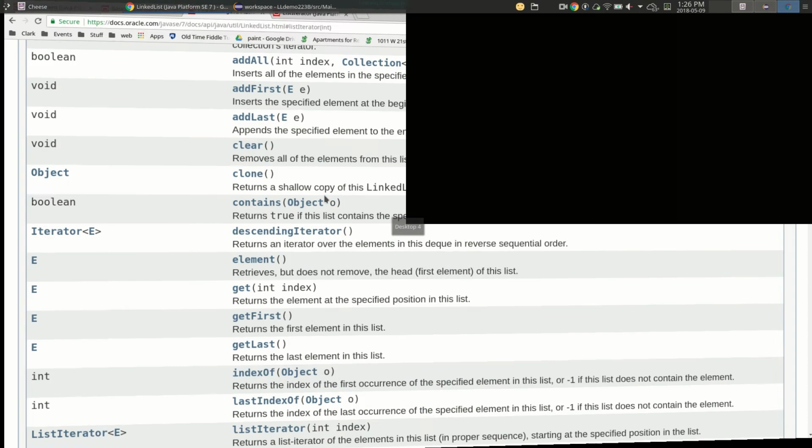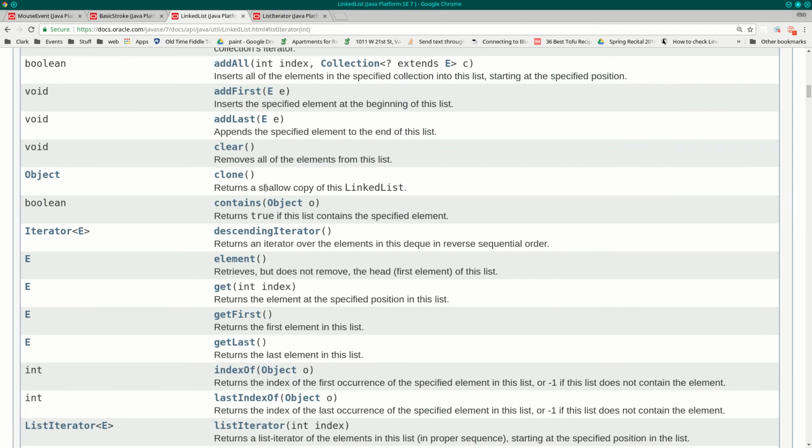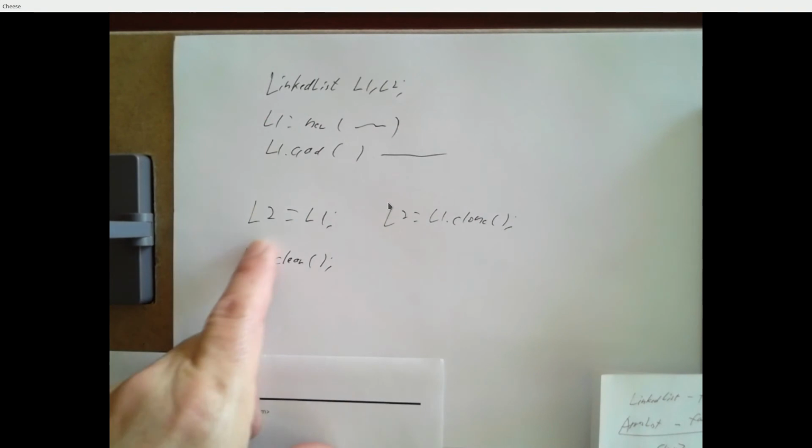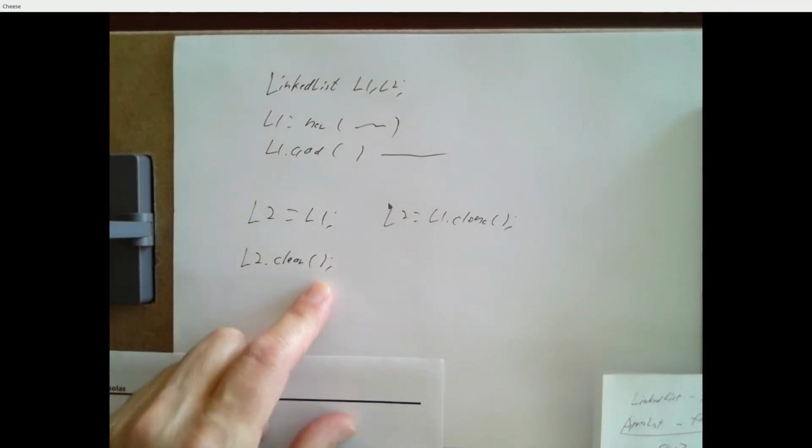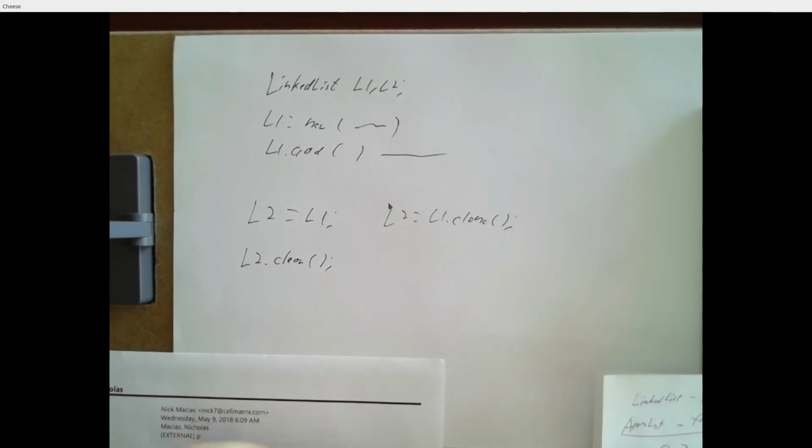But there's a critical word in here on clone: it returns a shallow copy of this linked list. So shallow versus deep copies is another one of these potentially really confusing, but hopefully not, concepts. When you copy an object, right? So this L2 equals L1 is not copying the object, it's just making a new reference to the object. A shallow copy is basically